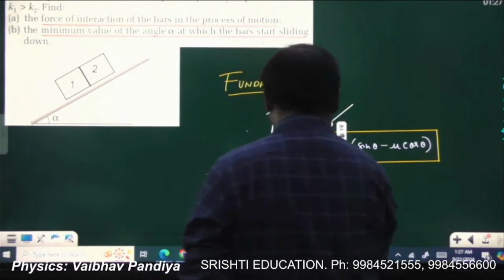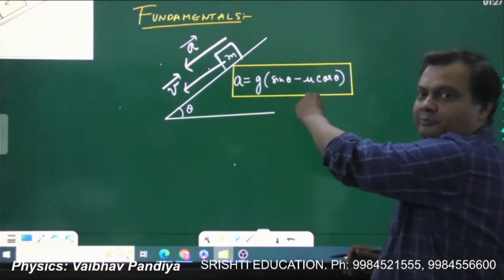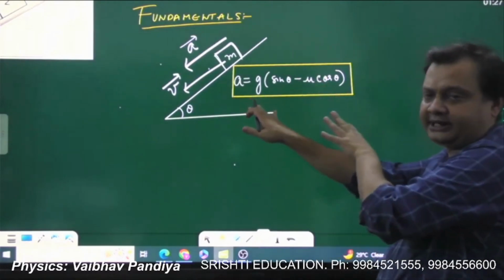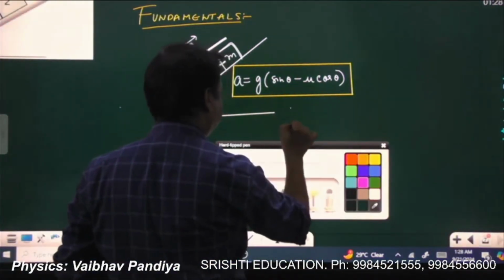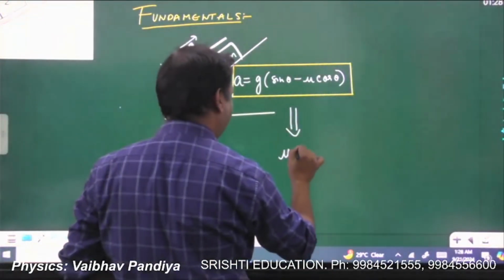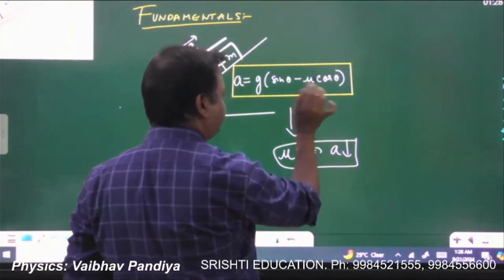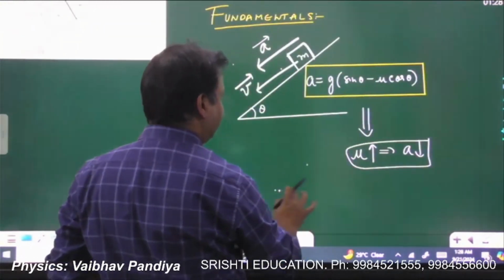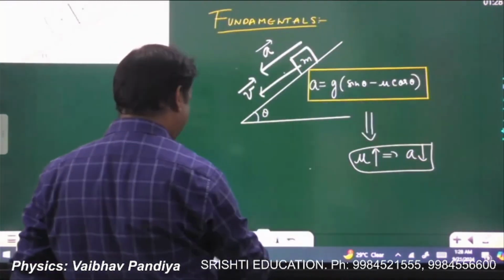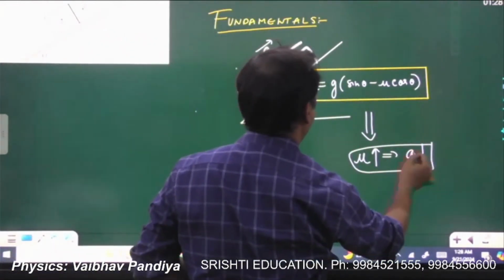Now see, very straightforward, this mathematical relation tells you the higher the value of mu, the lower will be the value of a, correct? Simple, straightforward, because it is a subtraction of mu cos theta. So if you are increasing mu, a will decrease. This is one of the fundamental things which we covered in Newton's law,